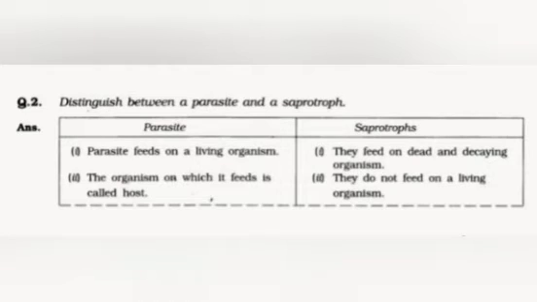And our second question is, discuss the difference between a parasite and a saprotroph. First point is, a parasite feeds on a living organism. Second, the organism on which it feeds is called the host. Saprotrophs feed on dead and decaying organisms. Second, they do not feed on living organisms. And the third question is,